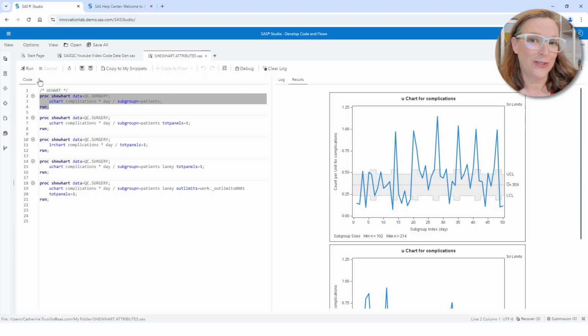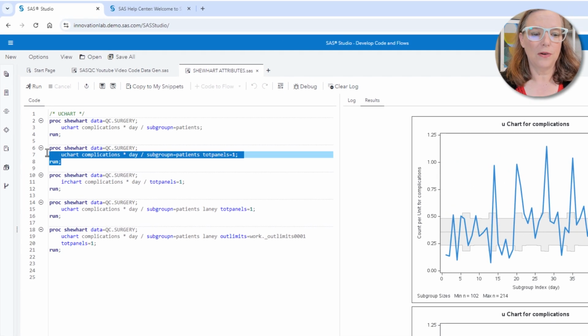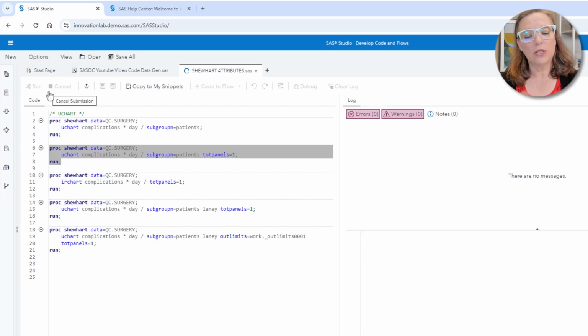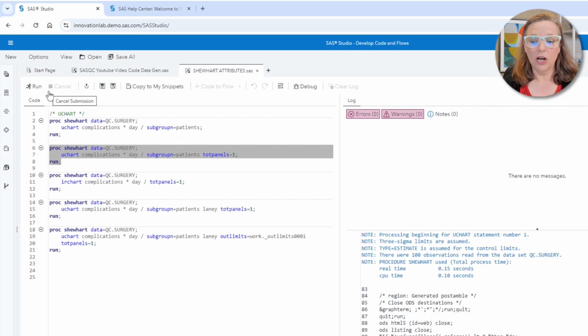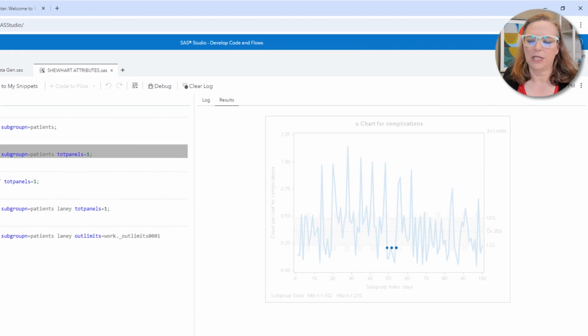The reason we have two charts is that Proc Shewhart by default only fits a certain number of subgroups on a panel before it goes to a new panel. That way it doesn't try and squeeze all of your data into one place. Well, maybe you want to squeeze all of your data in one place. I do. I want to squeeze all of the days into a single chart. So the first thing I'm going to do is show you how to make it do that. And that's with this option, totpanels equals 1. So with the totpanels equals 1 option, I'll be able to see all of the days. There's 100 days here. I'll be able to see all 100 days on a single panel.